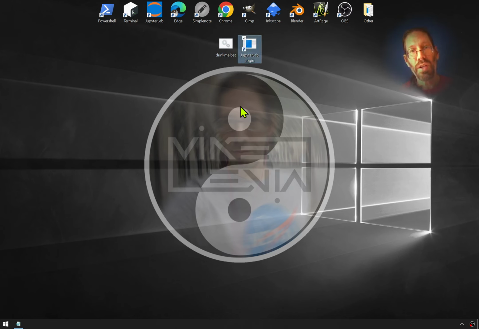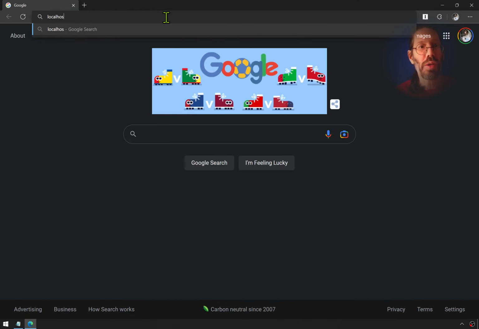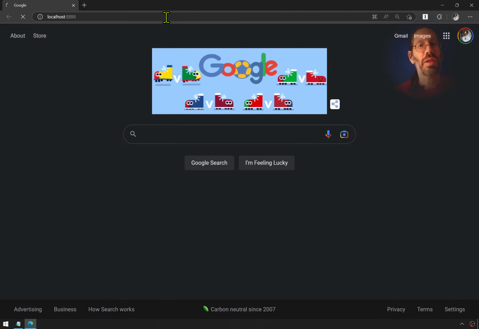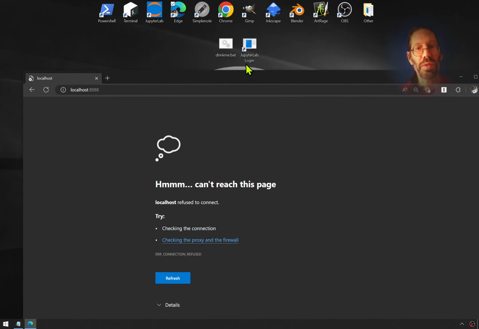But before I go and double click that icon, I will demonstrate to you how that has to be clicked now before JupyterLab is really running. I can go into Edge, and I can go to localhost 8888, and don't be worried that nothing can be reached at first. But all you do is you double click that new icon it gave you,